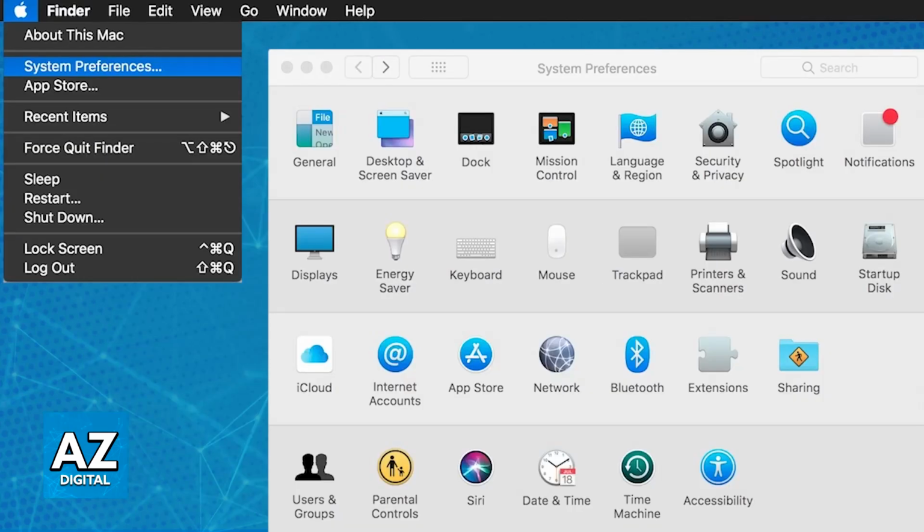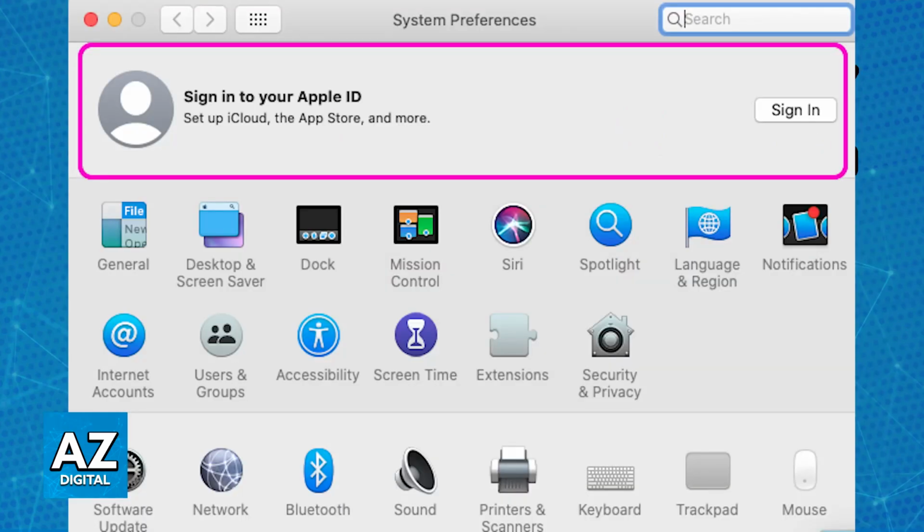Alternatively, if the MacBook was already set up or you skip attributing an Apple ID or an Apple account, don't worry. After the initial setup process, you just have to open the Apple menu in the top left corner of the screen and choose System Preferences. In there, you will be able to click on Apple ID and then choose the plus button. Now, once again, you will be able to enter your Apple ID and password.